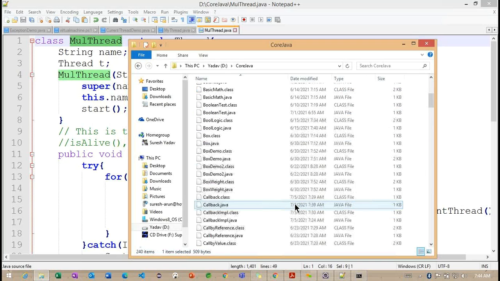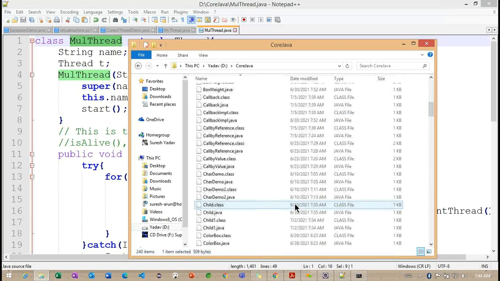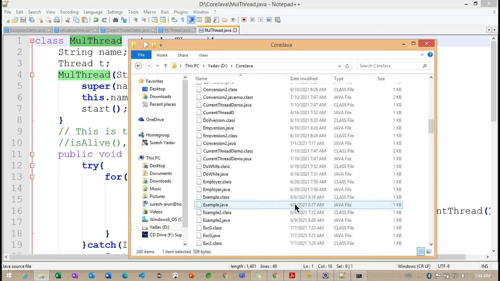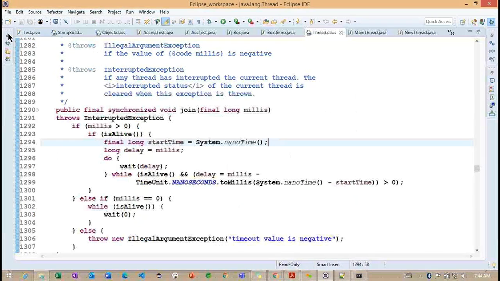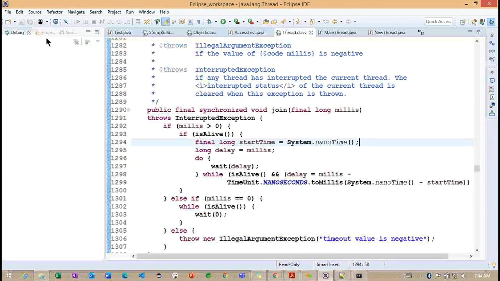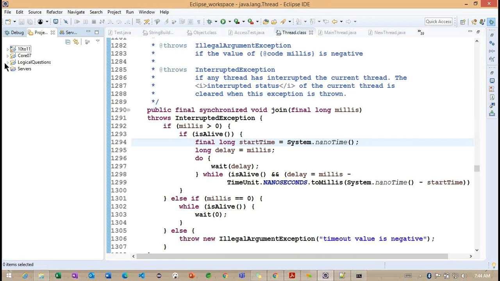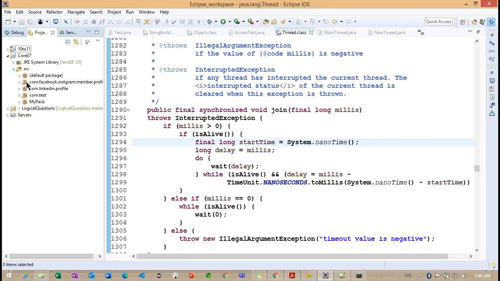Okay, so where is our class here? So this is the class. Let me copy it into the project directory, and I want to work with a different package here.